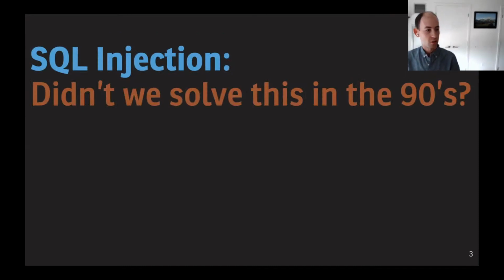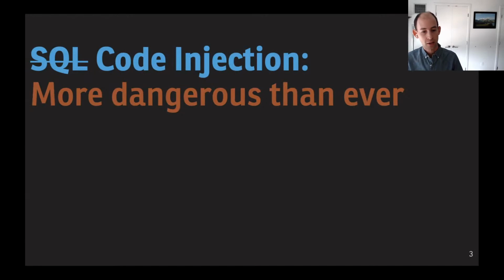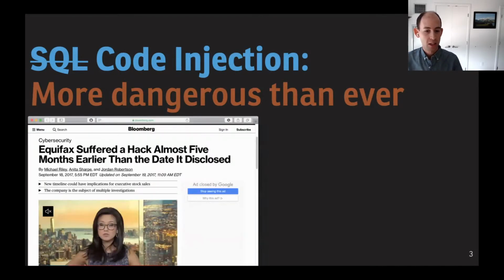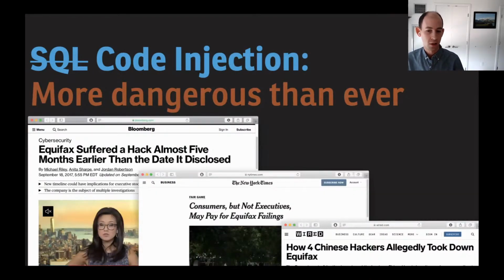Now, I'm sure many of you watching this are saying, didn't we solve the SQL injection thing in the 90s? And also, how bad could a SQL injection attack actually get? Well, it turns out that in today's modern web apps, attackers can inject far more than just SQL code, which can lead to arbitrary remote code execution, which can be extremely devastating, as we saw just several years ago and are still paying for from this 2017 Equifax data breach, which was caused by a code injection attack on a